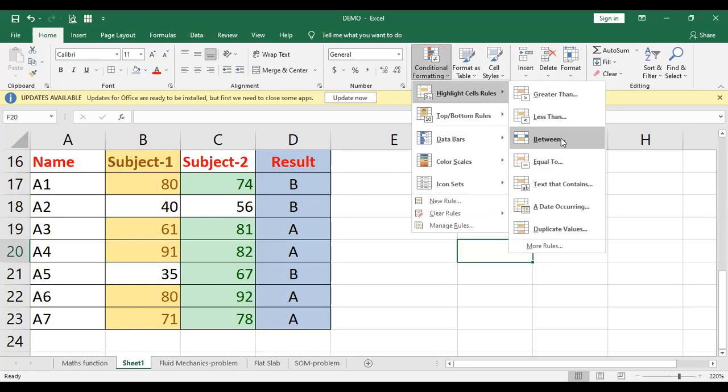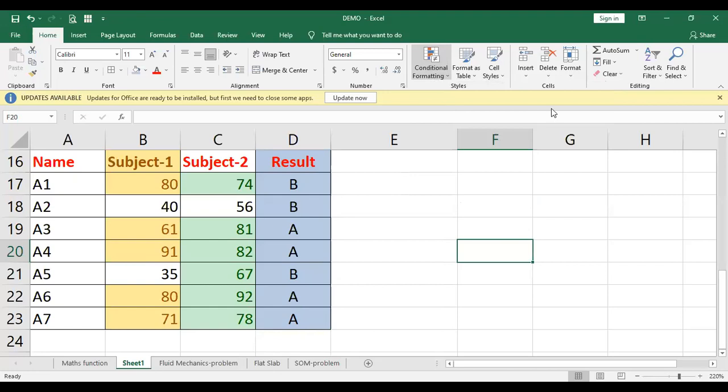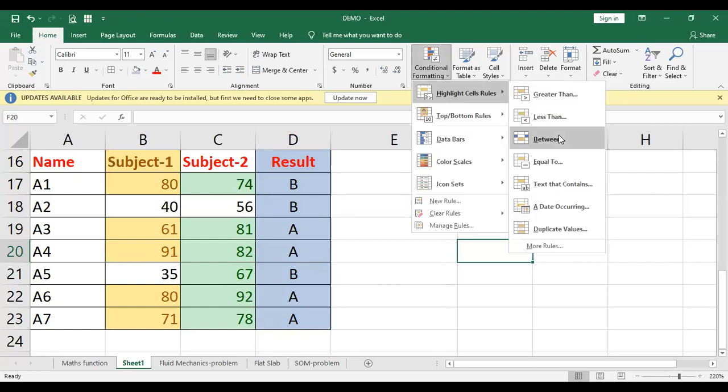You can even go with the in between. So suppose you want to give the range there, that it should give you only the range in between 50 to 60 or 60 to 75. Likewise, that range is also possible, and that is going to highlight it automatically.